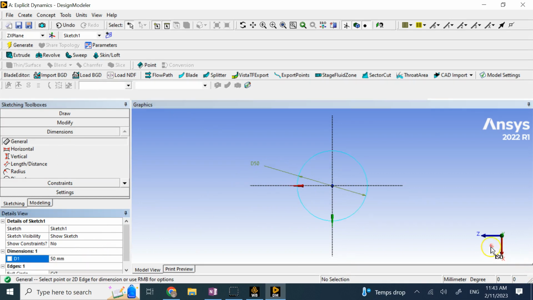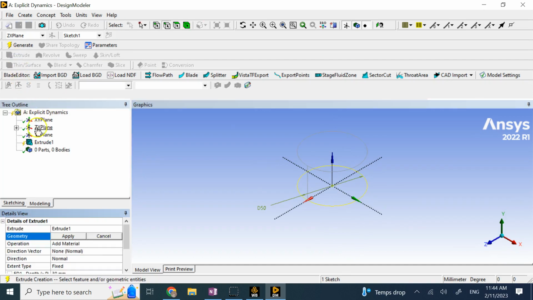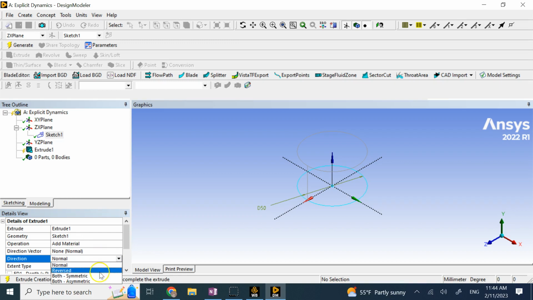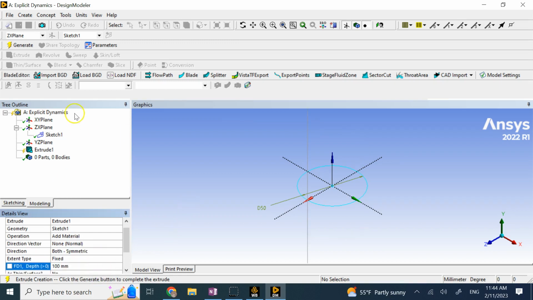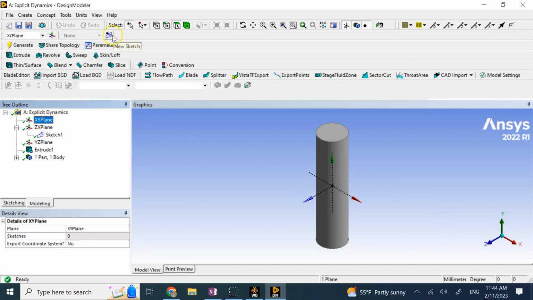And then I go ahead and extrude it upward. So go to extrude, choose this sketch, apply it, and I use a symmetric extrusion, and in each direction I go up and down for 100 mils, and then I generate it. So I create the solid steel cylinder. And then I'm going to go to the XY plane, and then under the XY plane I create a new